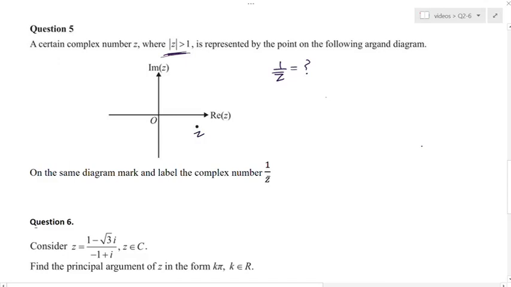z is here, so where would your z conjugate be? z conjugate will be the reflection in the real axis. So my z, this point is my z conjugate. And now when we take